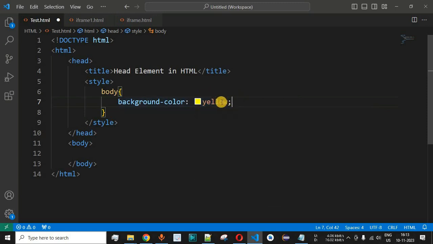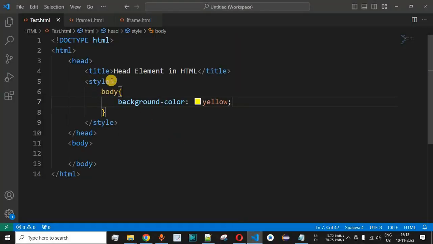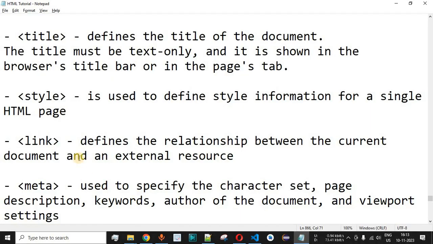In this way we can define the style inside the style tag. Let me save this file and reload this page once again in the browser. As you can see, the background color of the entire body has been updated to the yellow color that we defined inside the style tag. So guys, this is another important tag that we can use inside the head element of the HTML page.